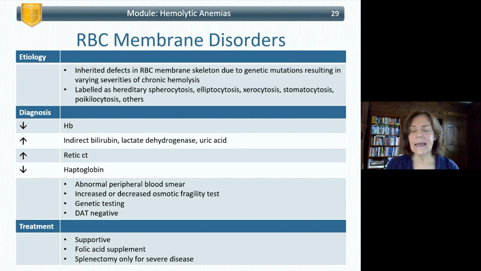You would need to get an incubated osmotic fragility test, and that might be abnormally increased or decreased. Genetic testing has come a long way and is very important. Please discuss with a geneticist or hematologist before getting the panel. But you will also notice on children with this type of hemolysis that their DAT or direct antiglobulin test is